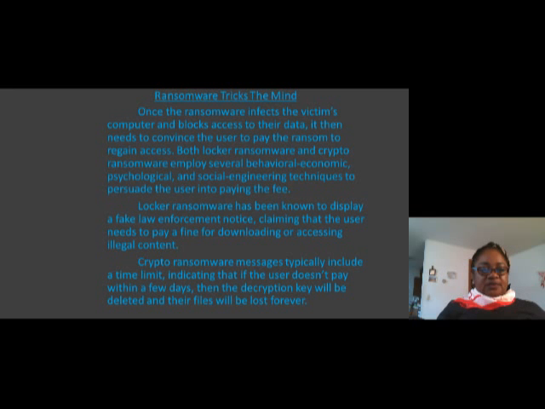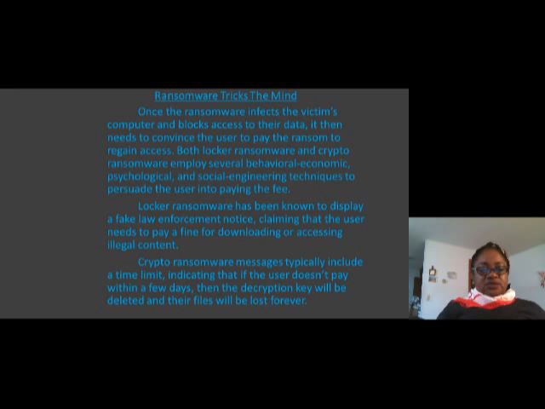How ransomware makes money: once the ransomware infects the victim's computer and blocks access to the data, it then needs to convince the user to pay the ransom to regain access. Both locker ransomware and crypto ransomware employ several behavioral, economic, psychological, and social engineering techniques to persuade the user into paying the fee.